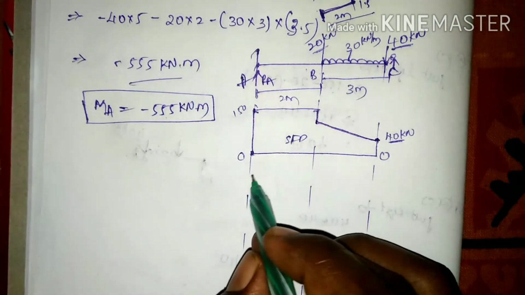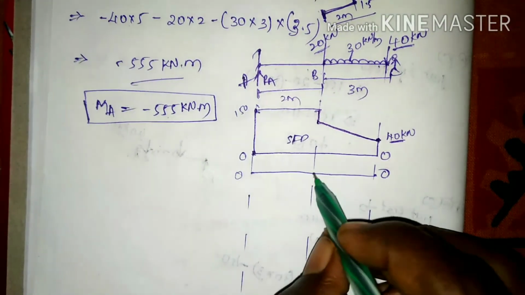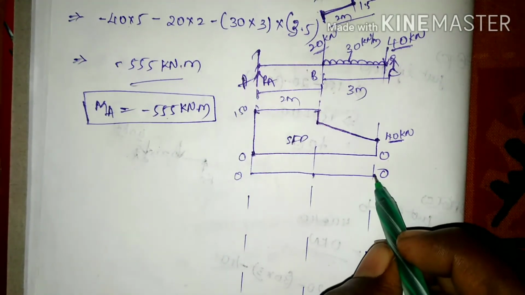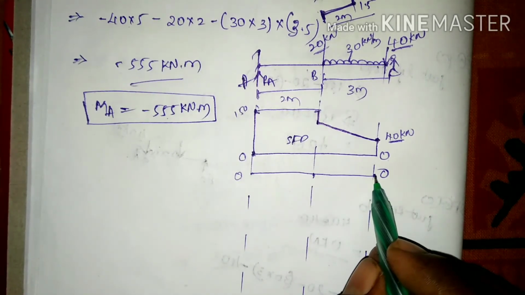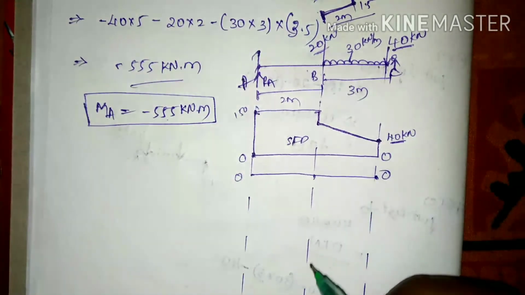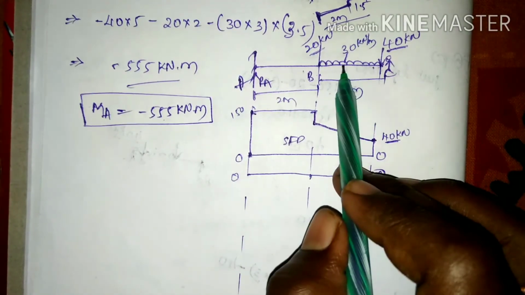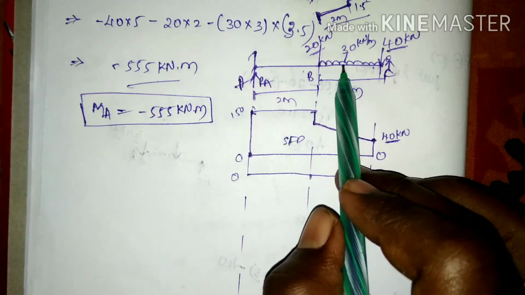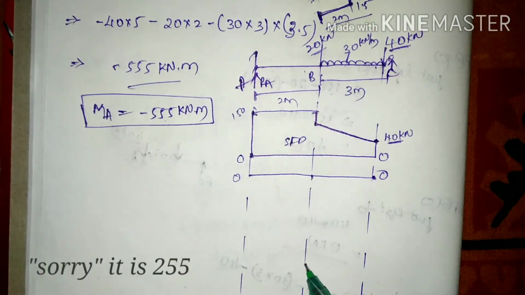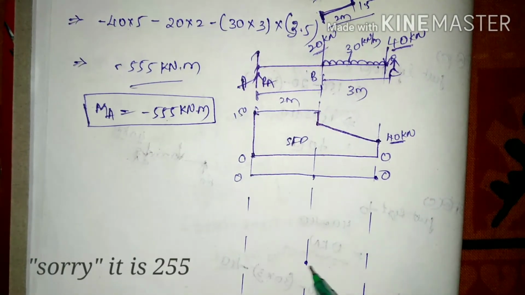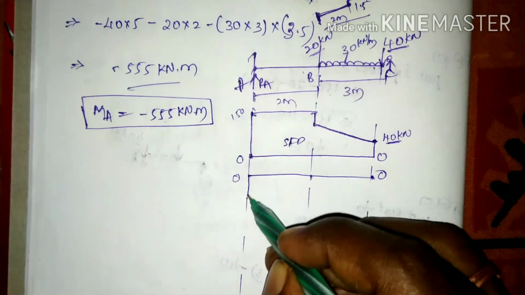And next, for the bending moment on this reference line, this is the moment about A, moment about B, and moment about C. For the moment about C, I am going to find the value is 0, so I am going to plot the point here, that is 0. For the moment about B, I am going to find that with a 40 kilonewton load and a 30 kilonewton per meter UDL, the value is minus 225. And for the moment about A, that is minus 355. I am going to join these lines.